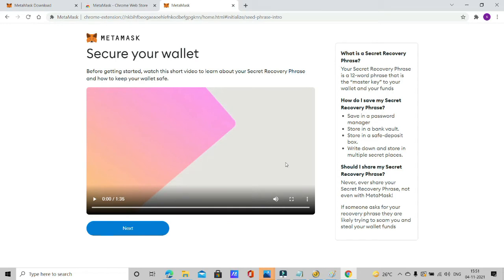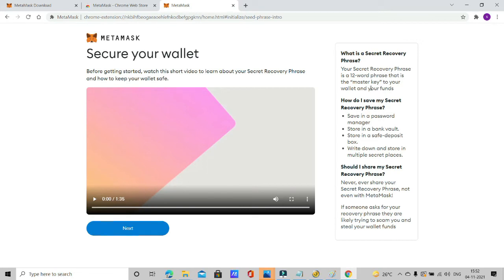Typically, every crypto wallet has a secret recovery phrase, and this is basically used to recover your wallet in case you forget your password, or if it goes corrupt, or if you have any issues. Your secret recovery phrase is a 12-word phrase that is like a master key of your crypto.